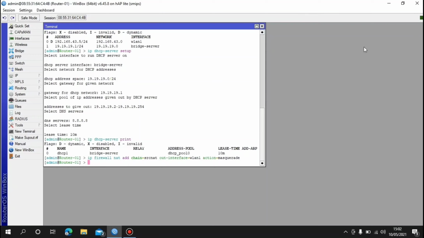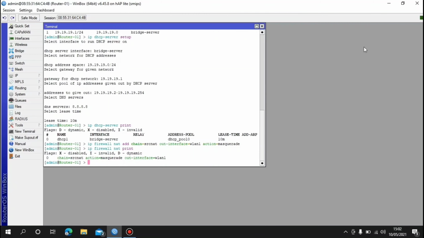Do checking with the command IP firewall NAT print, enter, and we can see the IP firewall NAT configuration successfully created.